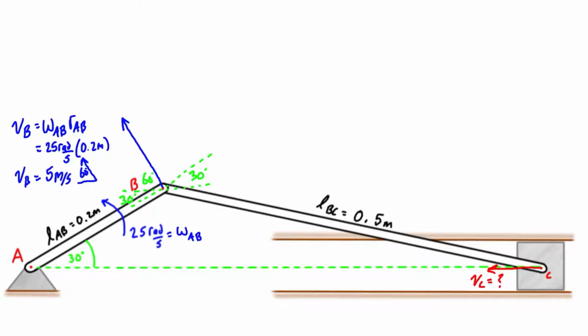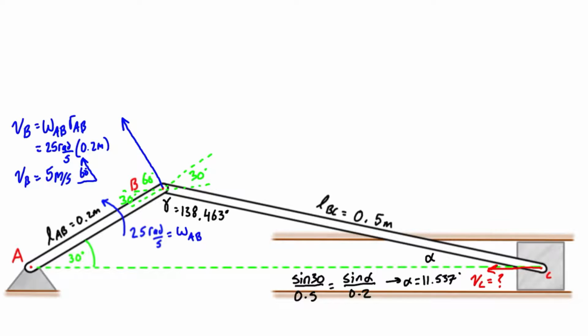It's also helpful to identify the other angles of the triangle. So again, we have alpha here. We can use the sine law to figure that out with sine 30 over 0.5 is equal to sine alpha over 0.2, and we get that alpha is equal to 11.537 degrees. And then we can label the top angle here gamma, and that is just equal to 180 degrees minus 30 minus 11.537, which gives us